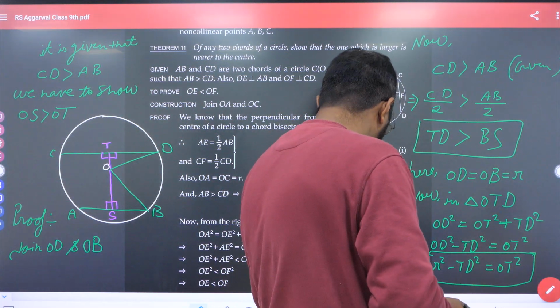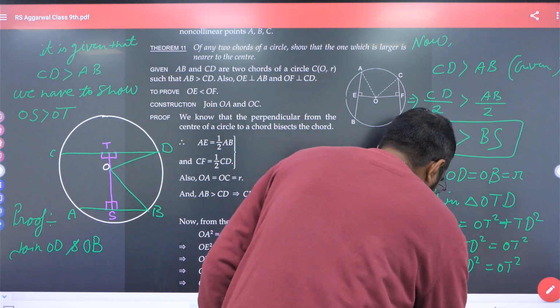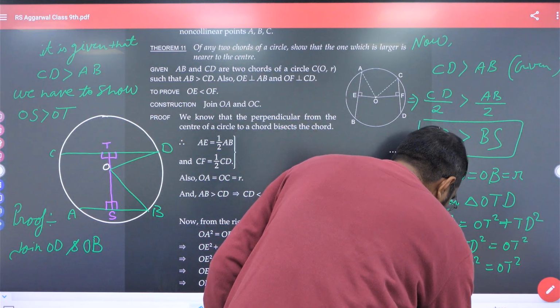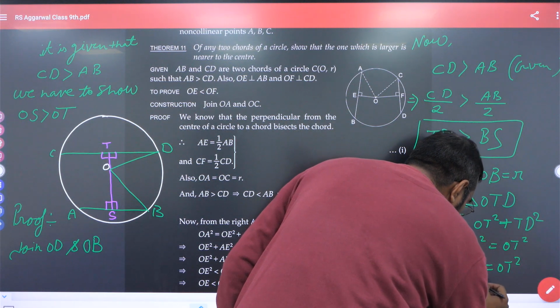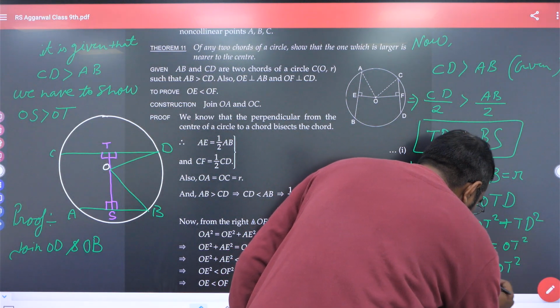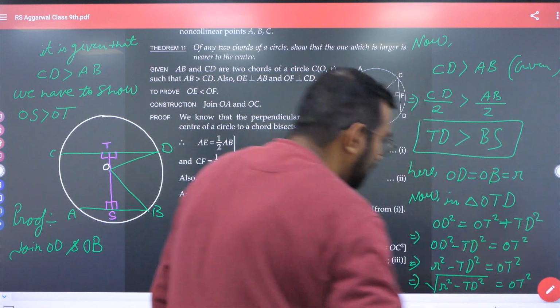If you want, you can put this in root. You can write like this: अंडर रूट R का स्क्वायर माइनस TD का स्क्वायर इज इक्वल्स टू OT का स्क्वायर. ओके,